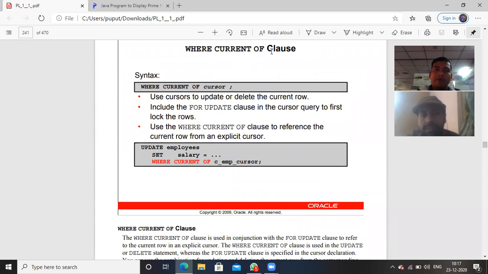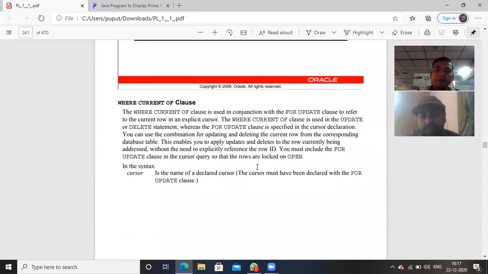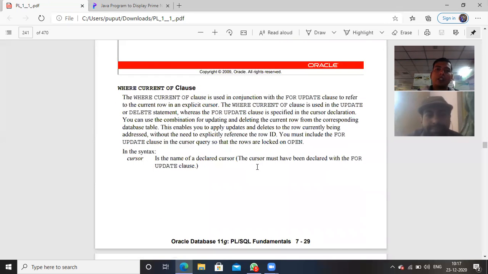WHERE CURRENT OF clause syntax: WHERE CURRENT OF cursor. Use cursors to update or delete the current row. Include the FOR UPDATE clause in the cursor query to first lock the rows. Use the WHERE CURRENT OF clause to reference the current row from an explicit cursor, for example: UPDATE employees SET salary = ... WHERE CURRENT OF cursor. The WHERE CURRENT OF clause is used in conjunction with the FOR UPDATE clause to refer to